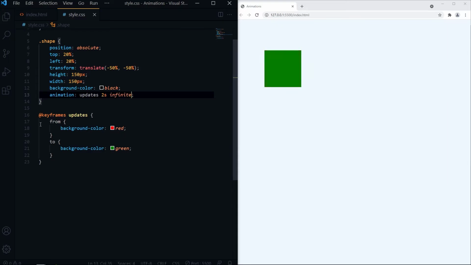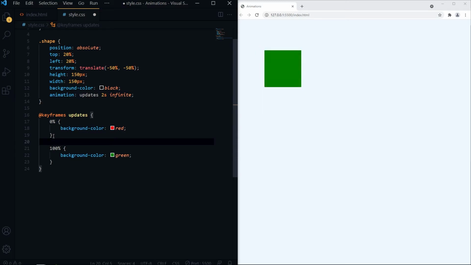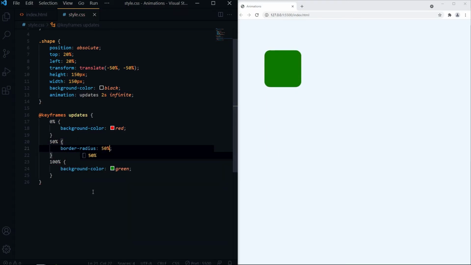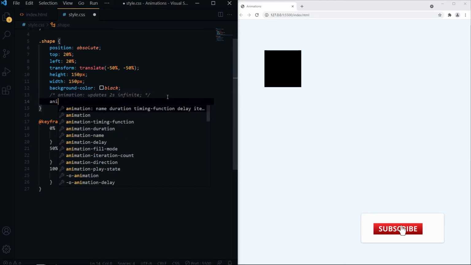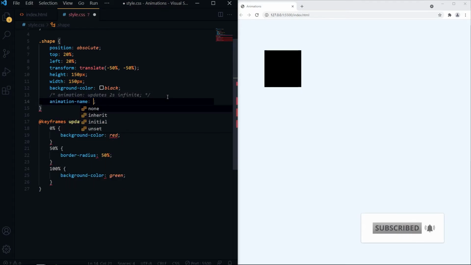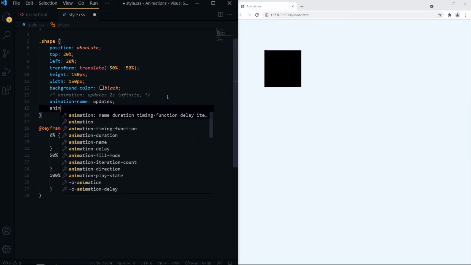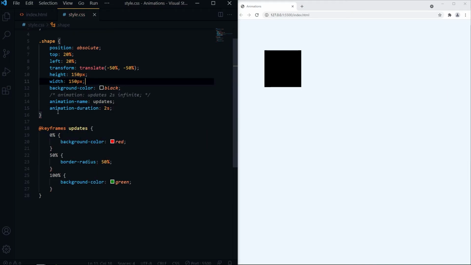Now instead of giving from and to, we can give more intervals. So here we have given the animation name and animation duration. We need at least these two properties for the animation to work.